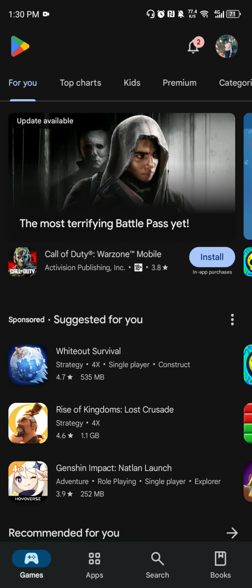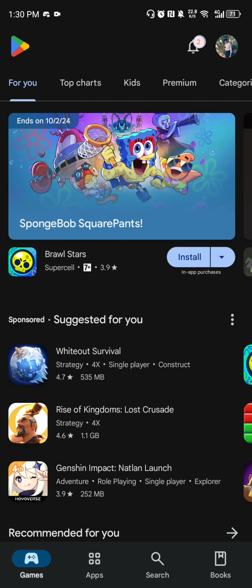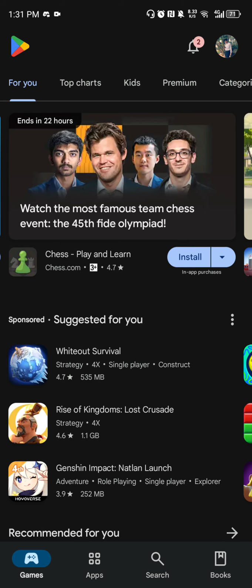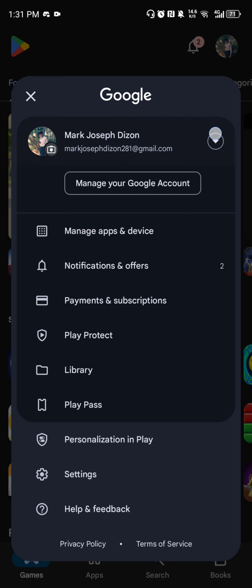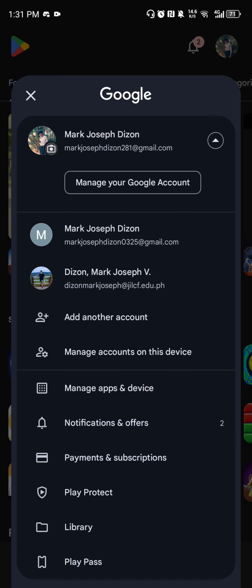and then as we can see in the upper right of our screen, we can see the notification bell and the avatar or our profile. So click that, and then in here click this arrow so that you can see this manage accounts on this device. So click that,